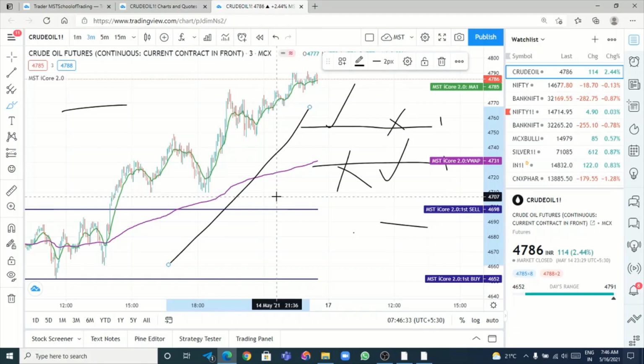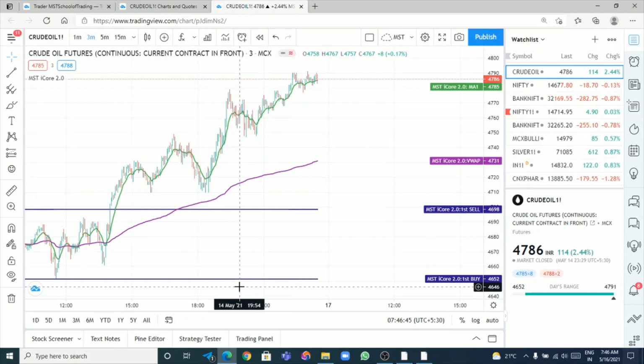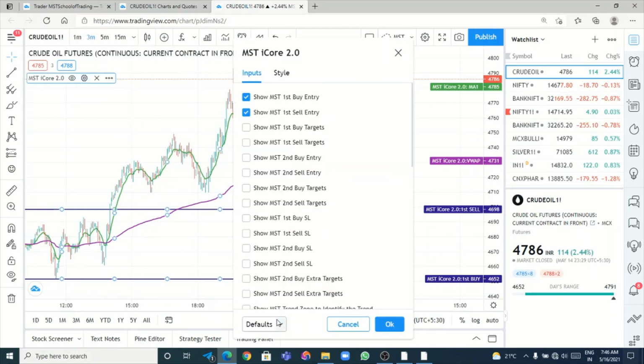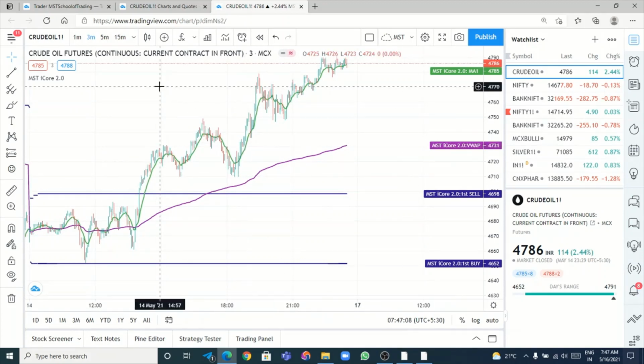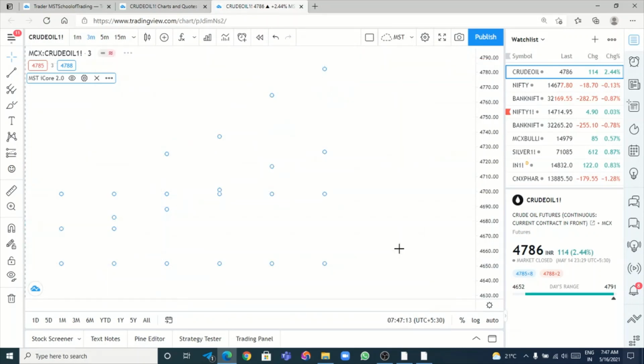That's all, dears. It's a very simple, very easy concept. You don't need any knowledge about the market. If you know just how to place the orders, that is enough. Nothing more is required. Don't apply any of your own knowledge in this price action based indicator. Everything you require, we have given in this indicator. Whatever a price action trader would require, we have given here. So you don't need anything extra. We have made it very simple, so you can enjoy this.